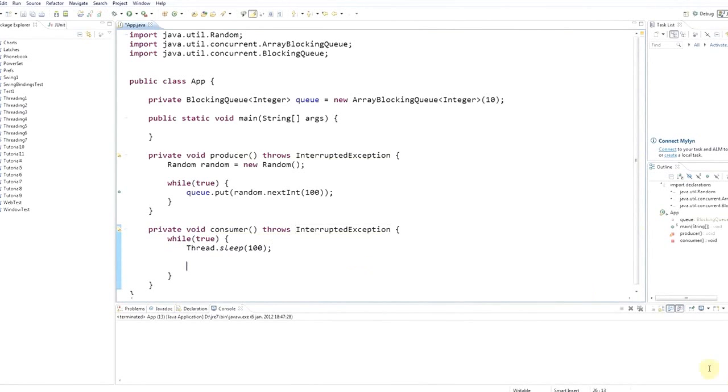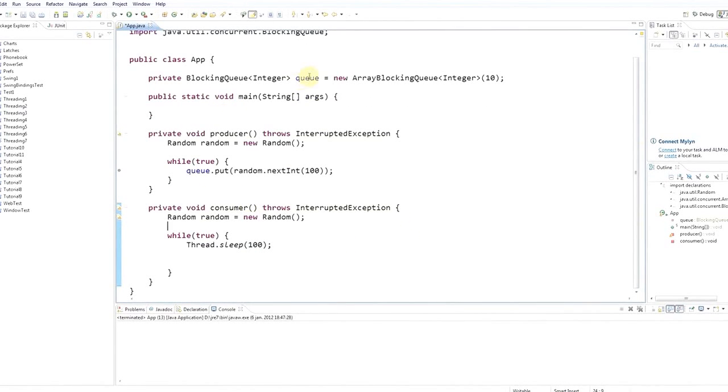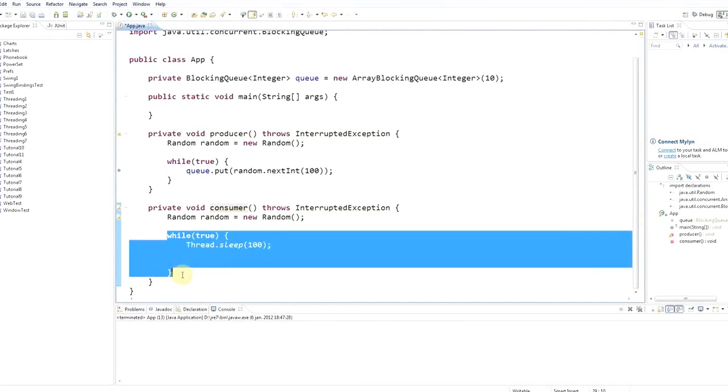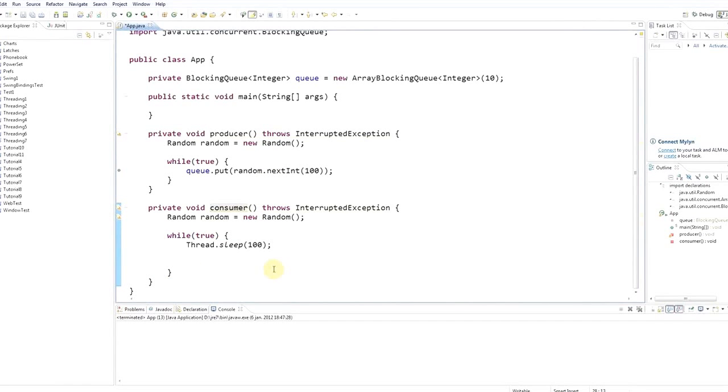And I'm also going to use random here actually, and what I'm going to do with random here is randomly take things off this queue, because in the real world this would be something that takes things off the queue and takes time to process each item. So it will be taking items only as fast as it's able to, and I'm going to simulate that here by randomly choosing whether to take an item or not each time the loop goes around. So let's say, for example,